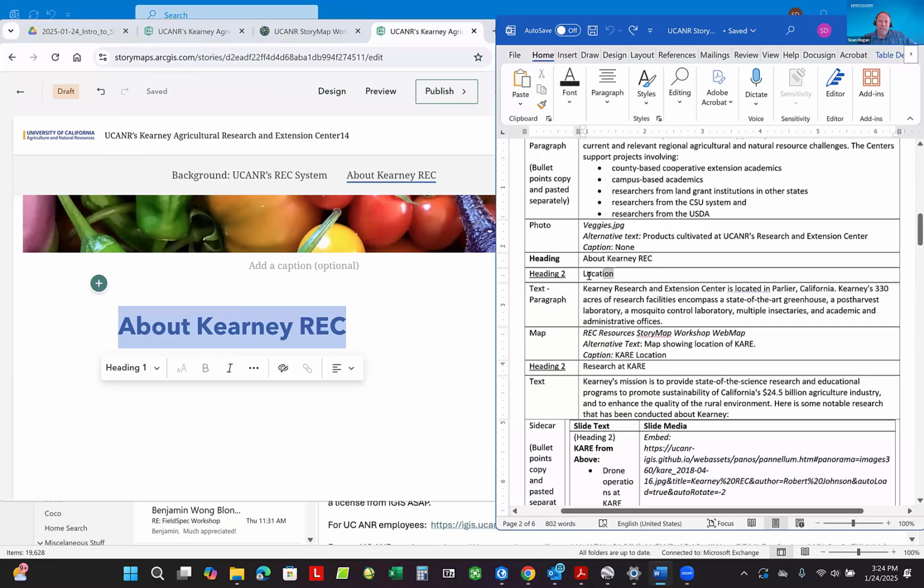Heading 2 is going to be location. So we'll drag over, Control C, over location 2. So you see how I go from the Word document to the story map builder, Word document to story map builder. So I'll copy and paste the location